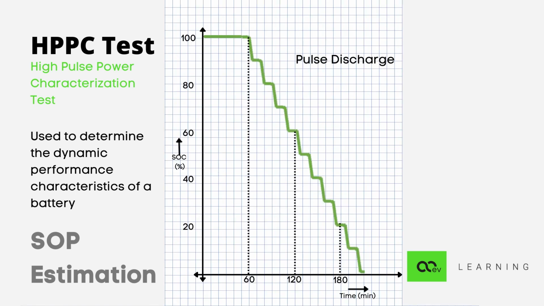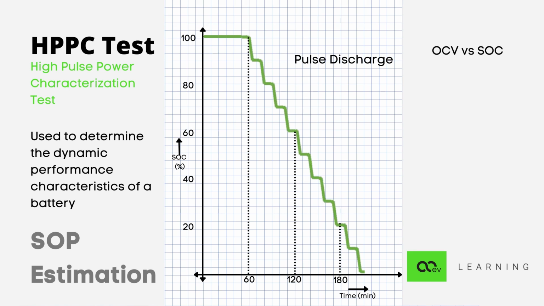So the y-axis is SOC and the x-axis is the time. What we do is firstly keep it at rest for almost 60 minutes. Then pulse discharge the battery pack at 1C for 10 seconds. Then again keep it at rest for 10 minutes. Again discharge at 1C for 10 seconds and so on. We can see the input as pulses of discharge and the output of which is open circuit voltage versus SOC.